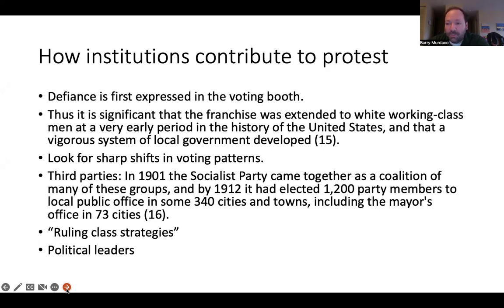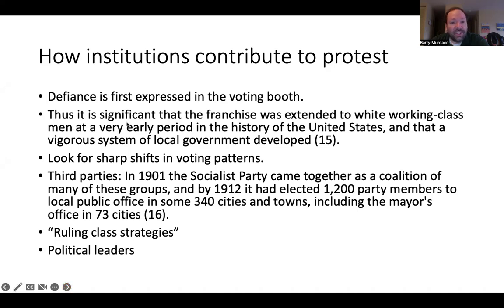So basically, people's most likely response to being upset or discontented about things is to express it through voting. They don't like the current government, they'll vote the current government out and vote in a new government, which of course we see many examples of. But people have to believe that voting is a meaningful act, right? What happens if people lose faith in that, or start to believe that voting doesn't really matter, that no matter who you vote for, you're basically going to end up with the same type of person?